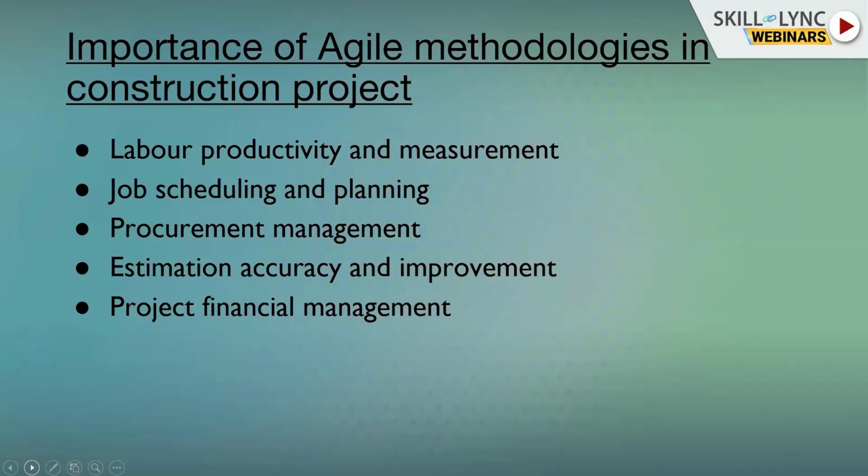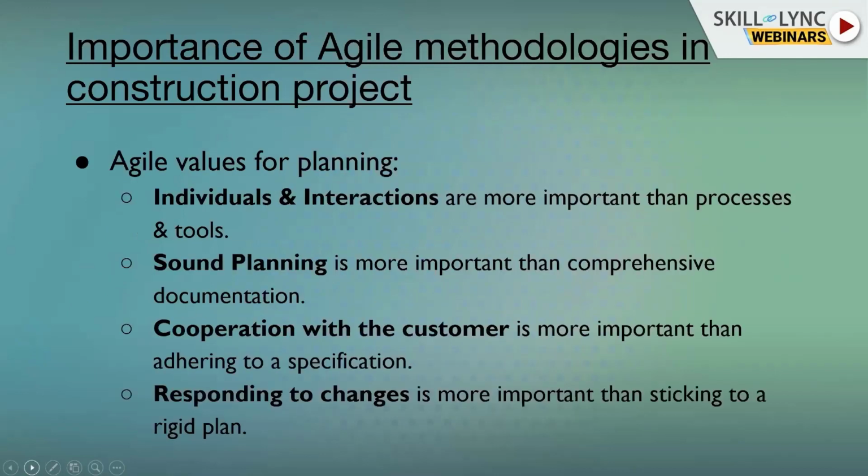Agile improves estimation accuracy by focusing on the limited number of tasks that have to be completed in a single iteration rather than focusing on the entire project tasks. Now, the last one: Agile helps in optimizing project financial management by considering the limited number of project tasks or activities, implementing activity-based costing methods. Moving forward,